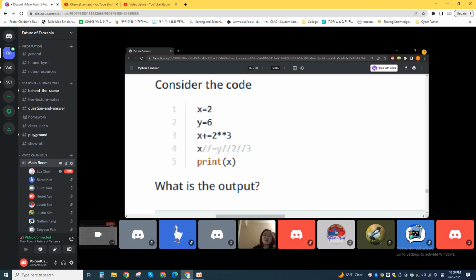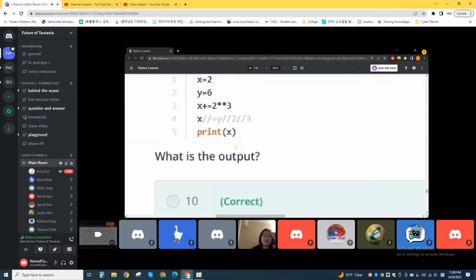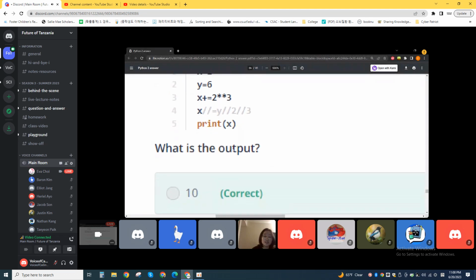And then we have 3 divided by 3, which is 1. So x is equal to x divided by 1, which means that the value is not going to change. So the answer is,